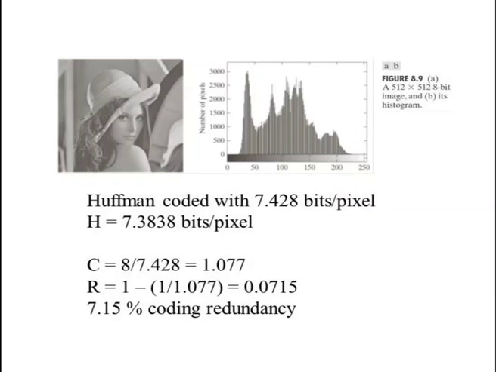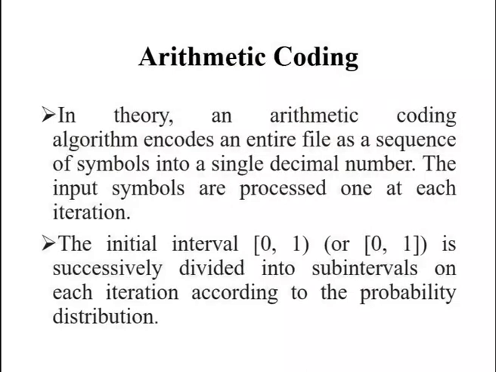Each symbol of the message reduces the size of the interval in accordance with its probability of occurrence. The technique does not require, as Huffman's approach does, that each source symbol translate into an integral number of code symbols, that is, that the symbols be coded one at a time. It achieves, but only in theory, the bound established by Shannon's first theorem.